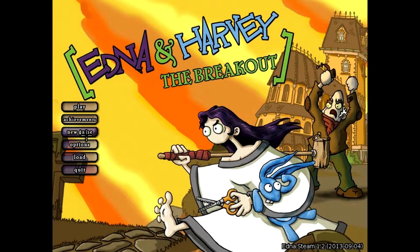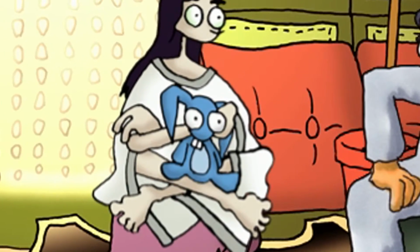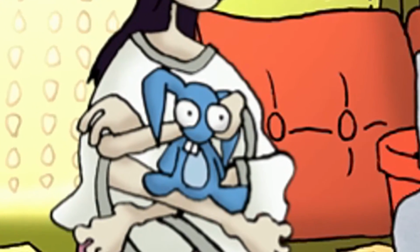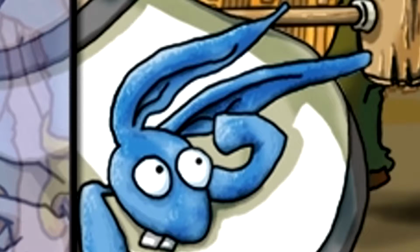You play as the titular Edna, and to a lesser extent, her plush bunny Harvey. I think Harvey is supposed to be one of those characters where it's ambiguous as to whether or not he's actually alive, or if he's supposed to be a projection of Edna's subconscious, and it leaves you wondering throughout the whole game on—